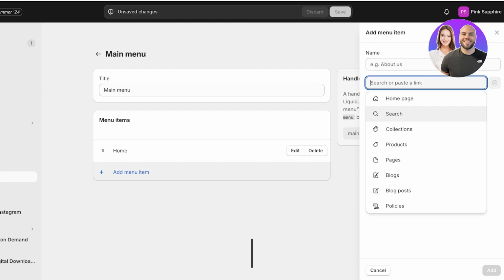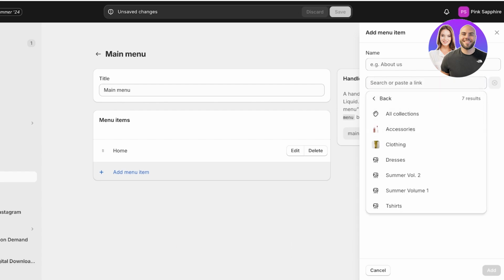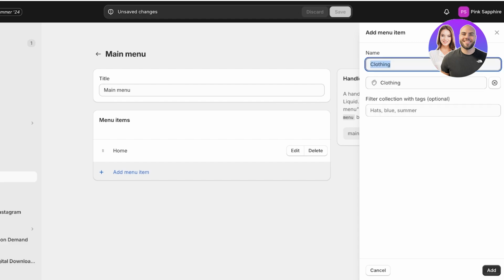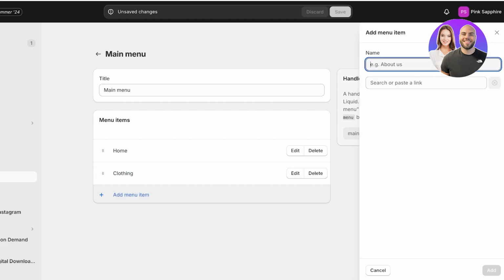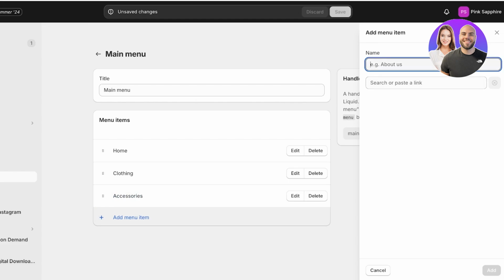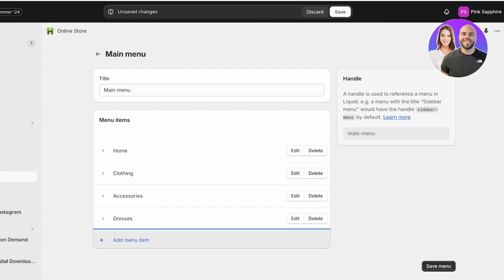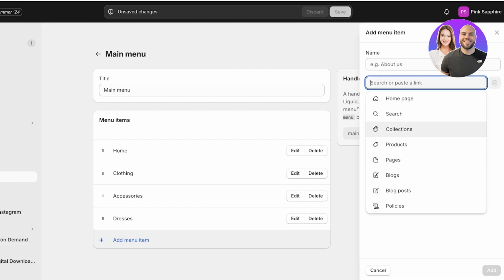Then after that, it's time to start adding your product categories. So for that, you're going to click on collections and you're going to add your first product category. So my first product category is clothing, and I'm just going to add that in my navigation. Then after that, I'm going to add my second product category, which is accessories. And we're also going to add all our sub-categorizations. So again, you're just going to add these like so. So basically, all the collections that you just created, you're just going to click on collections and add them to